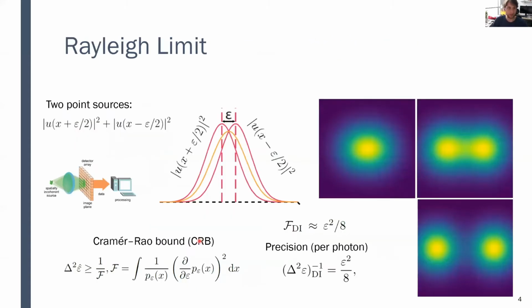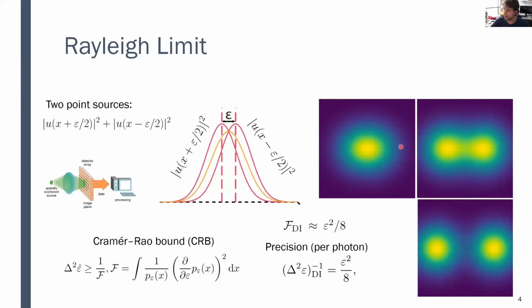So this has been known for some time, that actually we can formulate it in terms of information theory. So in particular, we want to consider how do we estimate the epsilon parameter, which is the shift parameter of the 2 close-by sources, and we will assume that those sources are lying really close to each other, such that they almost overlap and that we cannot distinguish them. So by default, we operate well below the conventional Rayleigh limit.